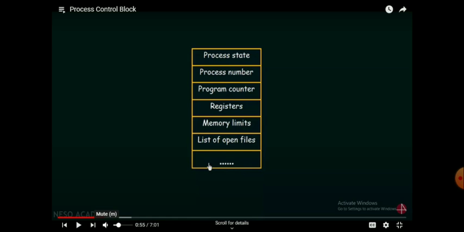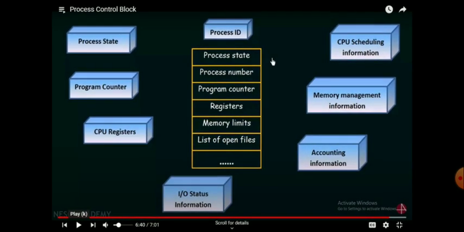What do you mean by process state? As we discussed earlier, we have learned many process states: new state, ready state, running state, waiting state, terminate state. When a process is going to execute with the help of the CPU, it must come across these states, from new state to ready state to running state, it may be a waiting state, and finally the terminate state.